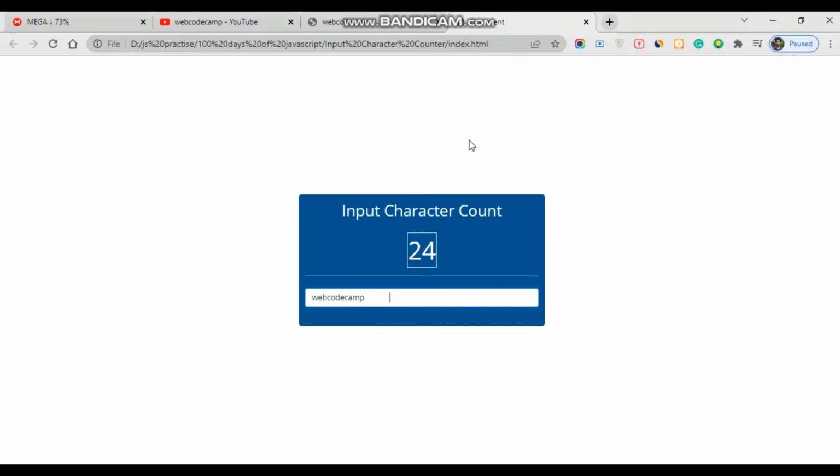Now in this tutorial I am going to show you how to build an input character count. This is a small project. It's actually a very simple project. Basically how it works and what happens, I will tell you everything, and just type here